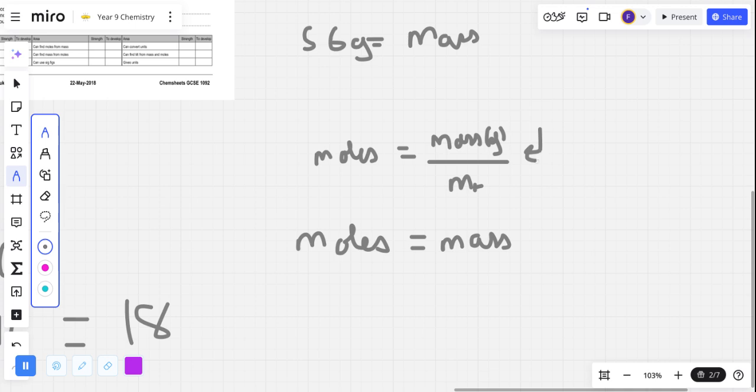So there's two things. Now, one is that I just said it. If this is divide by MR, I want to do the opposite. I want to get rid of it. So I times by MR. If I times by MR on this side, I must times by MR on that side. And this gives me mass equals moles times MR. Okay. The other way to do it, and the other way to think about it, is